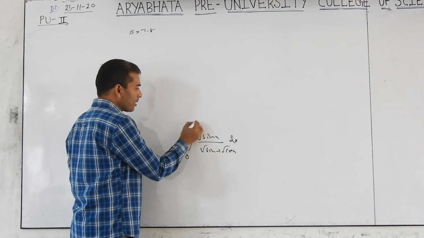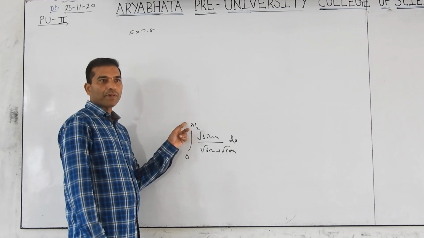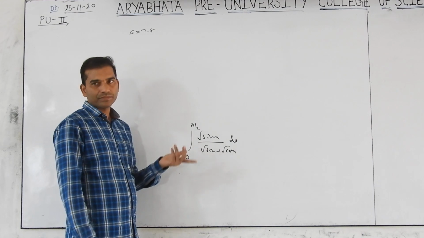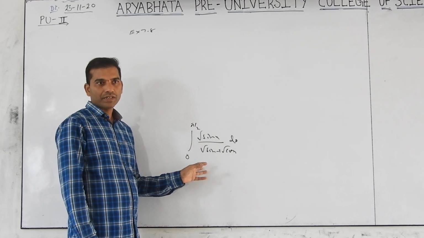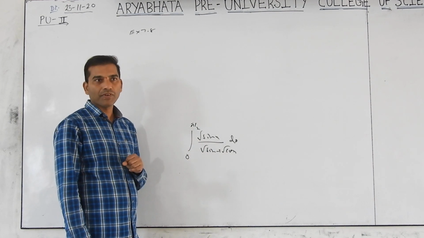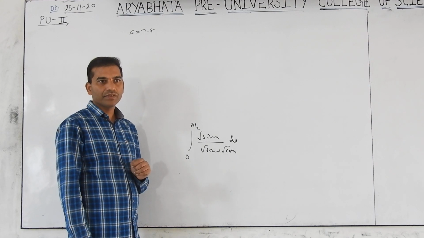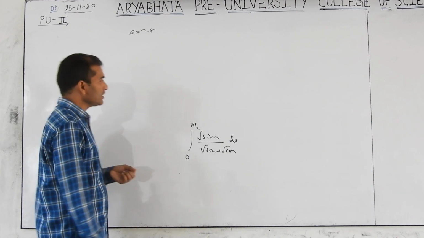by 2. Such problems, if you consider f of x with lower limit 0 and upper limit pi by 2, and you use the limit as sum, it takes time. Sometimes you are unable to find it also. So in that case, they have made another formula that is called the fundamental theorem of calculus. So what is the fundamental theorem of calculus?